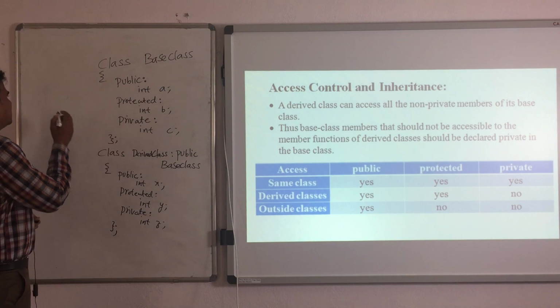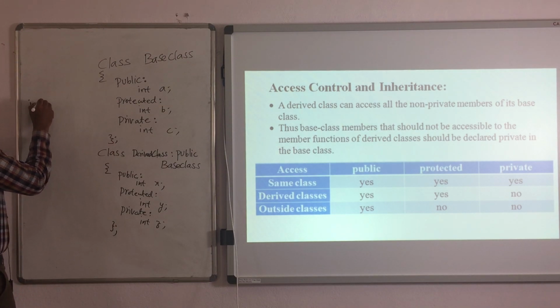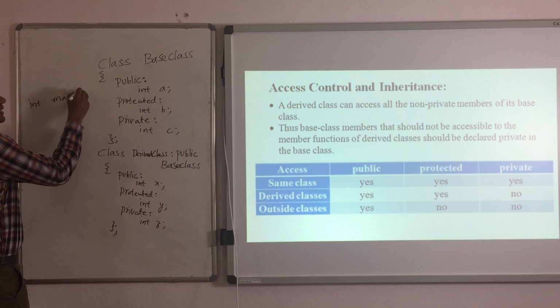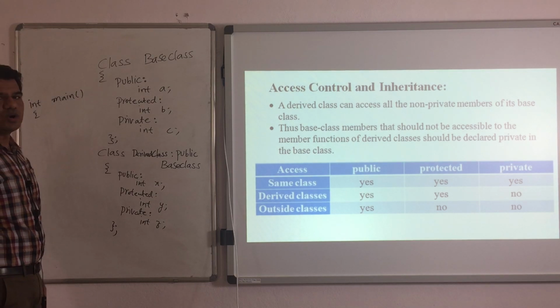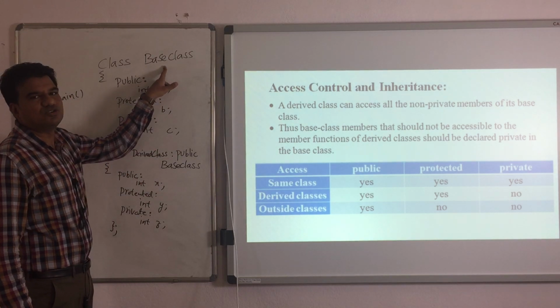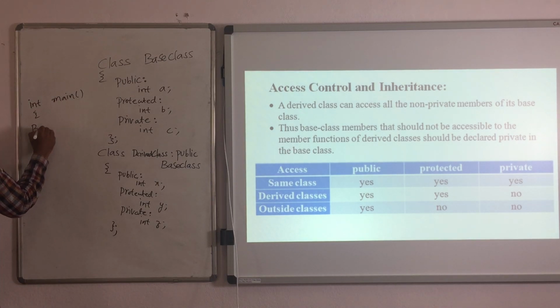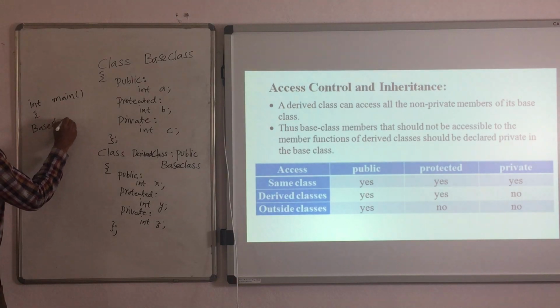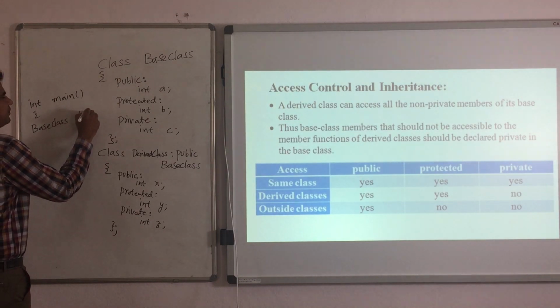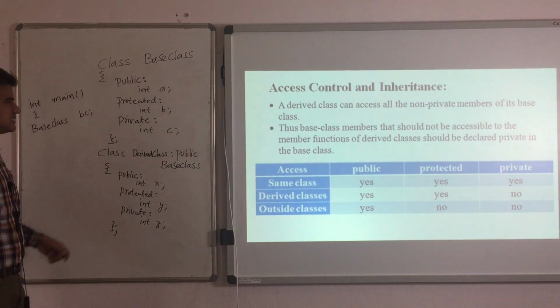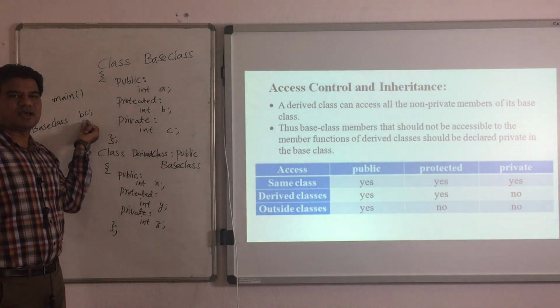Let us assume inside your main function, int main, I am creating an object of this base class, BC. Like this I have created my base class object.